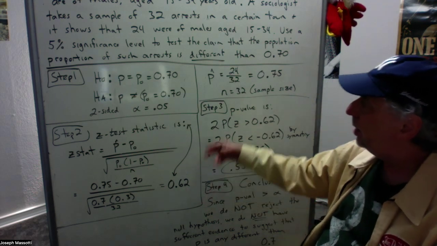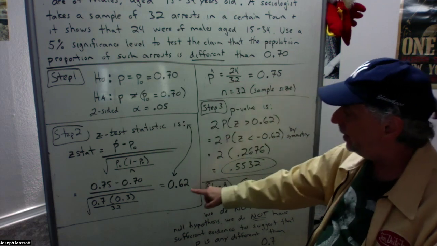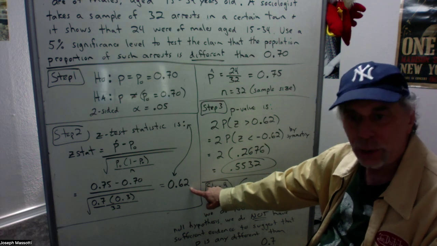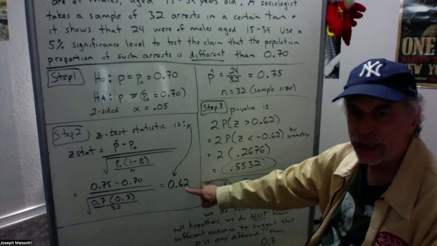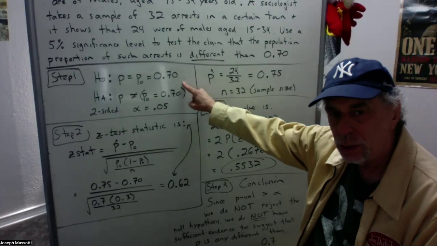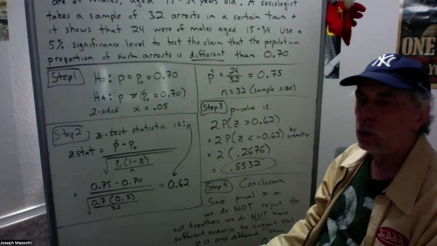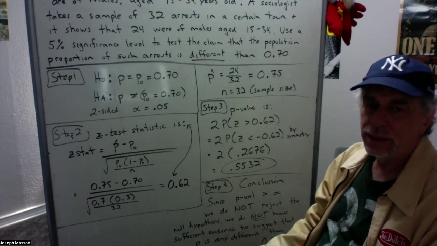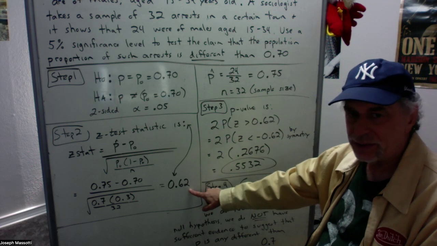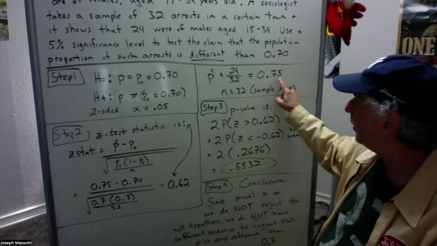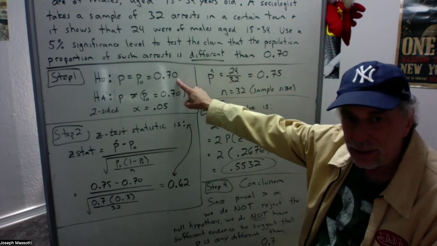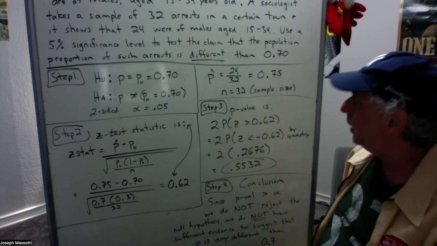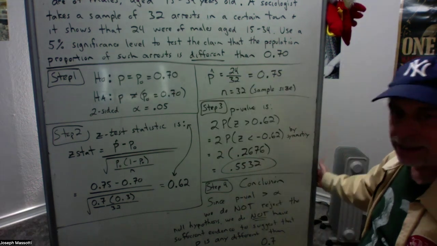So looking at this, our value of 0.75 is not even 1 standard deviation above the mean of the sampling distribution of the sample proportion if this was true. So when we go to find a p-value, we don't expect to get a small number. We expect to get a pretty large number because this is not very far away from the center. So the probability of getting a value like this, given that this is true, isn't going to be very surprising. And in fact, when we calculate that p-value,